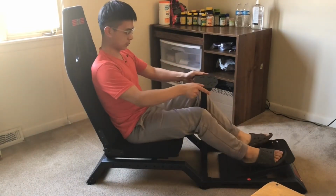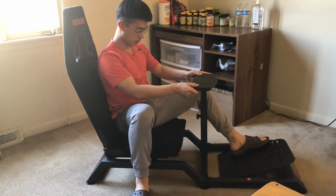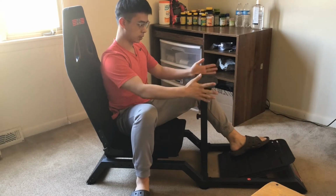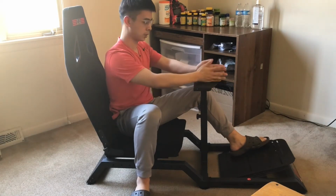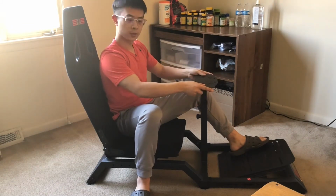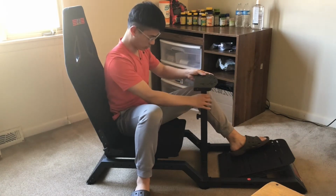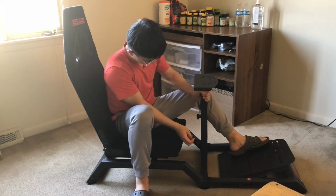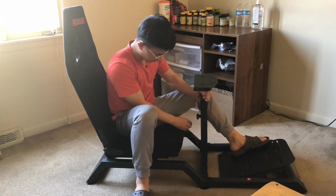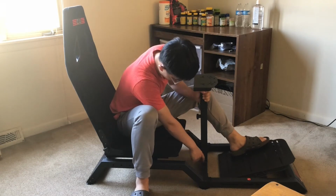So by just shaking it, you can see that there is some kind of play here, but let's talk about it first in the longitudinal direction and the lateral direction. The longitudinal play or displacement isn't that significant. Basically, the twist comes from, you know,